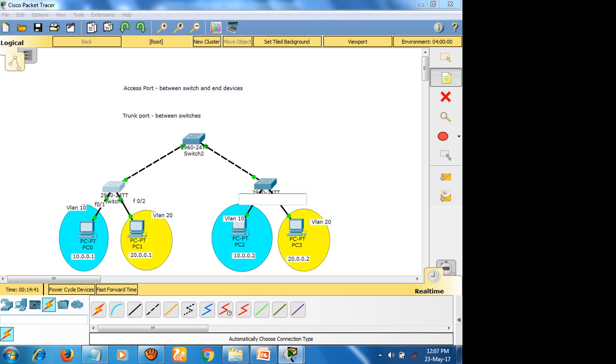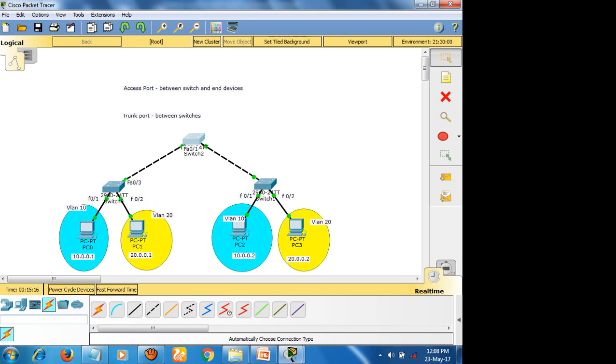Likewise f0/1, and this one is f0/2. And this one is for this switch. What is that?